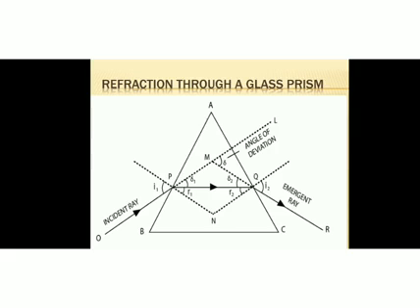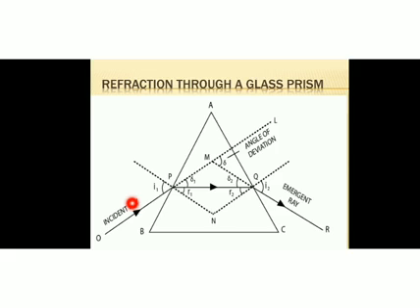This diagram shows the refraction phenomena exhibited by a triangular glass prism. Here you can see the prism ABC. ABC represents a triangular glass prism, and here you can see the incident ray. A ray of light is incident on the first face of the prism. A normal is constructed like this. This dotted line represents the normal. At the point of incidence we can construct a normal.